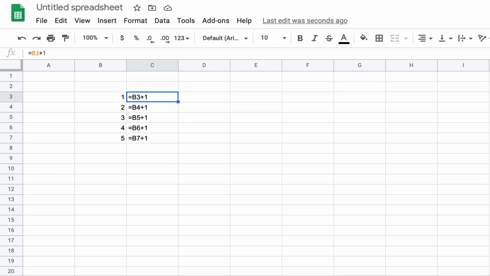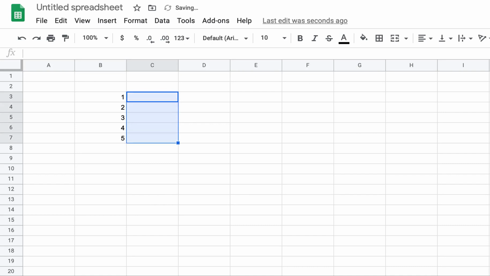So when Excel copied it downwards, it didn't copy the formula exactly as B3 plus 1. It was smart enough to update the formula as it was going down. So when it is going down, it changed B3 to B4, then B4 to B5, B6 to B7 and so on. To see the result of this, you can turn off Show Formulas, and you can see that by a simple copy paste it is able to extend one formula all the way down the column and give you the right values.